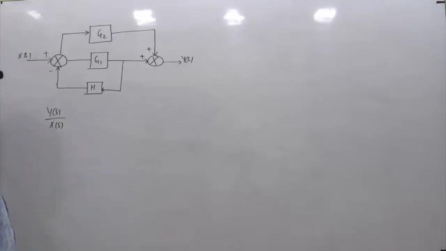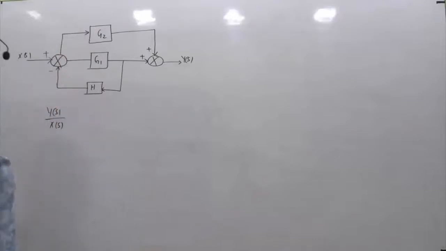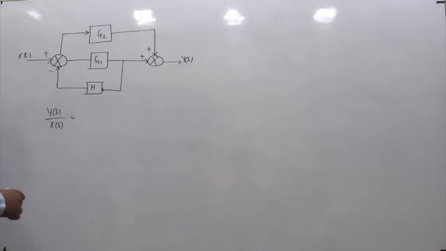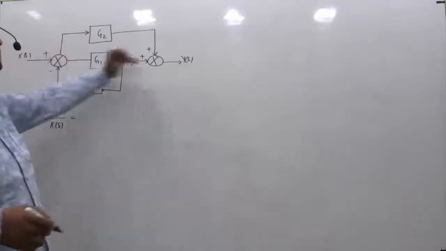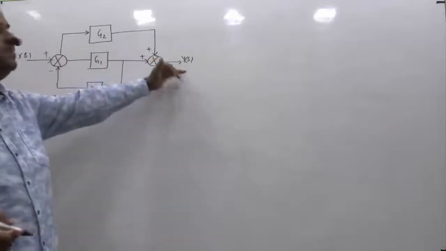Obviously, you can go through block diagram algebra, but in such cases it is wise to go through a signal flow graph by converting this into a signal flow graph. In fact, I don't think it is needed to redraw the equivalent signal flow graph because the block diagram is not so complicated. Directly, we can write the corresponding transfer function. If I ask you how many forward paths there are from input to output, you can see one of the forward paths is this one, Z1, right? To reach from input to output, this is one of the paths.